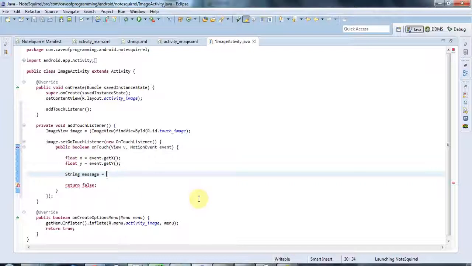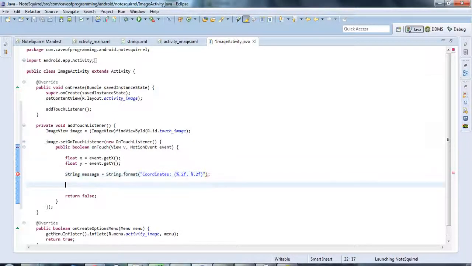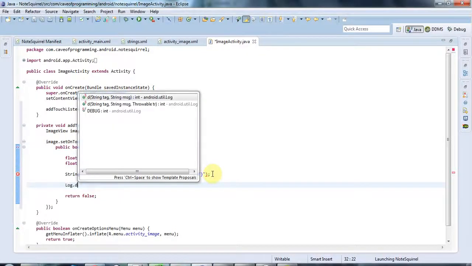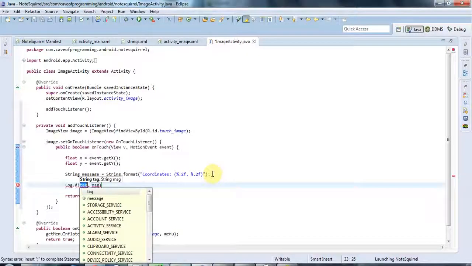Or another way to do it is I could use String.format, and I could pass in a format string here, let's say coordinates, and let's pass in here in brackets %f, and I'll have, let's say, %.2f to get the coordinates to 2 decimal places. And finally, now I need to use the Log.d method so I can see these coordinates,